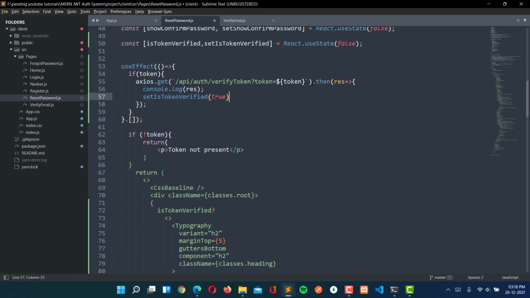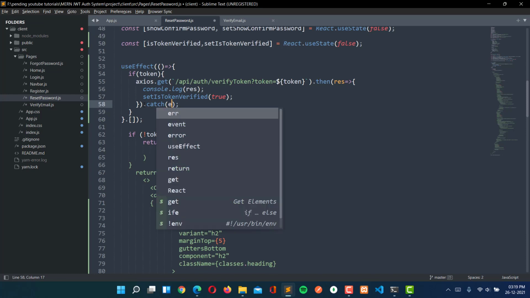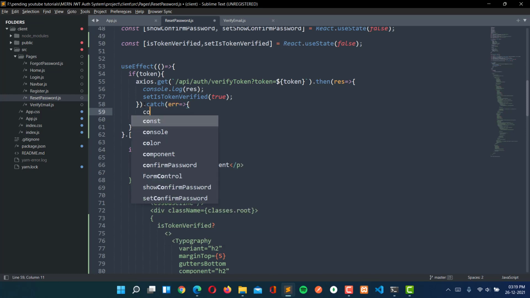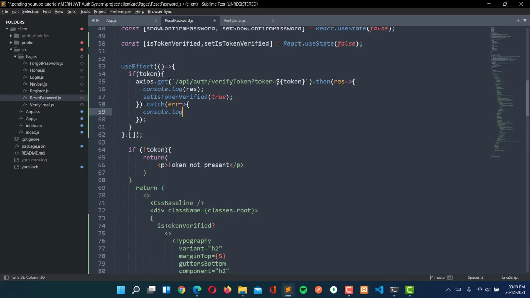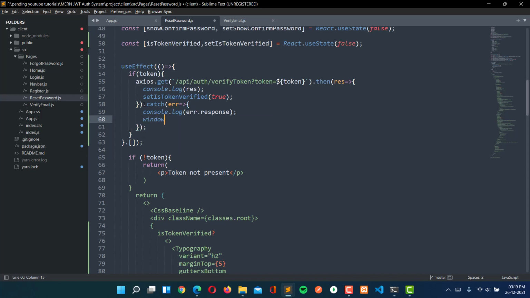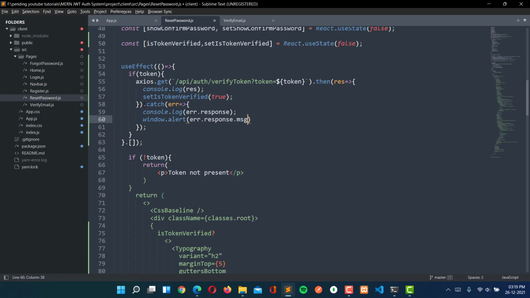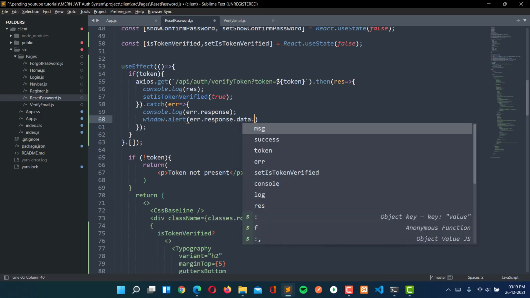That will be true. And if there is any error, we are going to console.log error.response, and otherwise we will window.alert error.response.data.message.